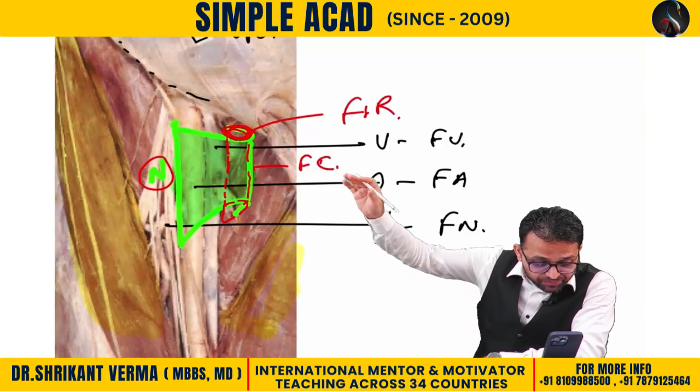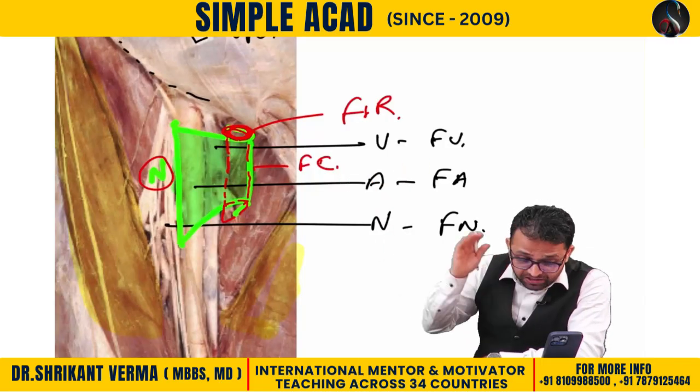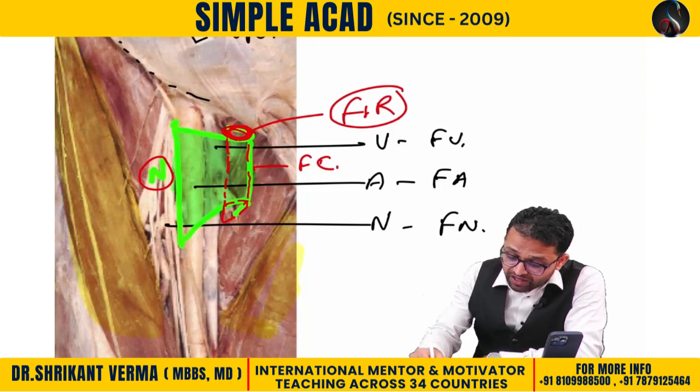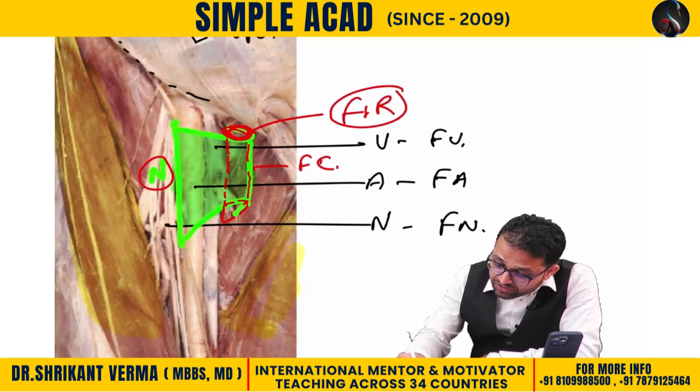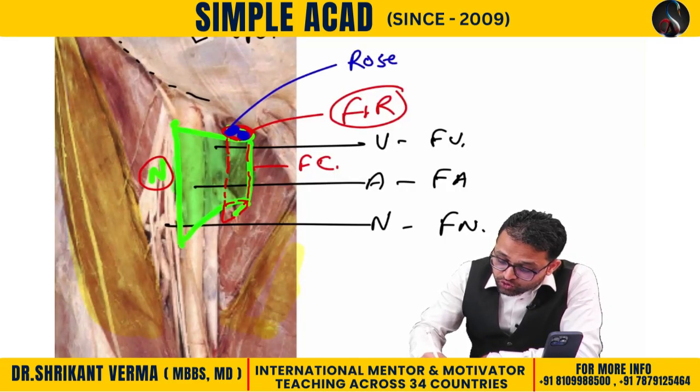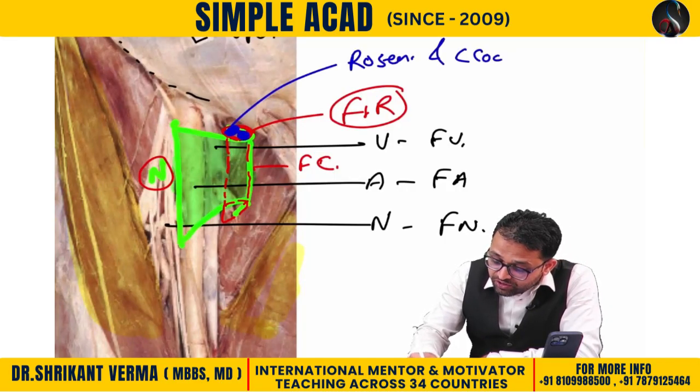Very good, very good. Ilam, Pariti, Saima, Dr. Cavalry, Harshita, you all are right. The nerve is not part of the sheath. Now, what is the content of the femoral ring or the femoral canal? You are all aware. Tell me, what is the content? There is the location of the deep inguinal lymph node, which was studied by Rosenmuller and Cloquet. So remember, one question is sure from the hernia.